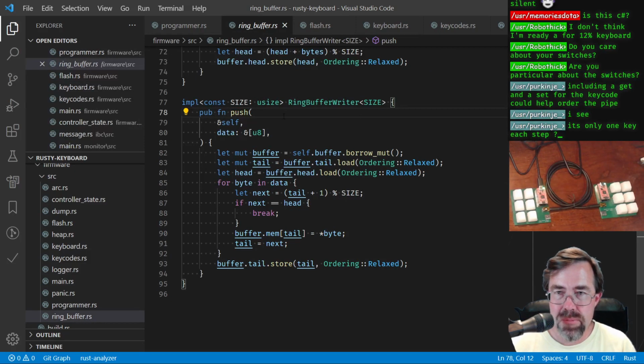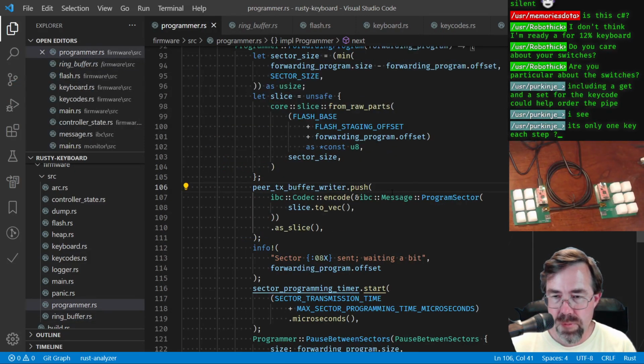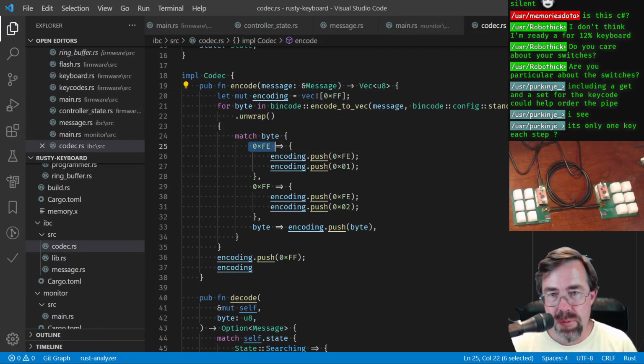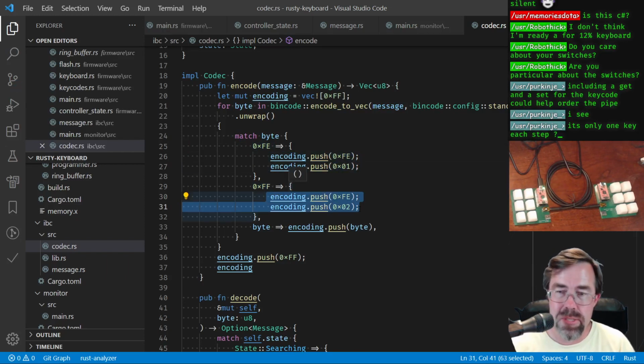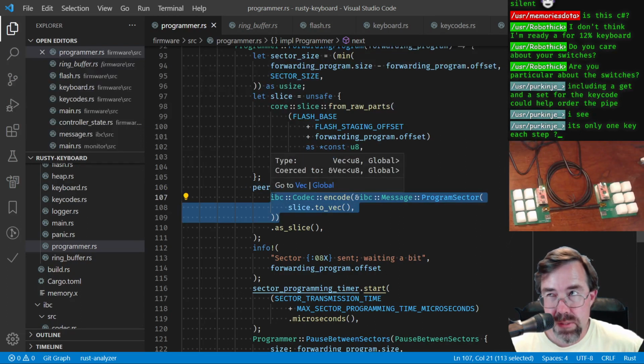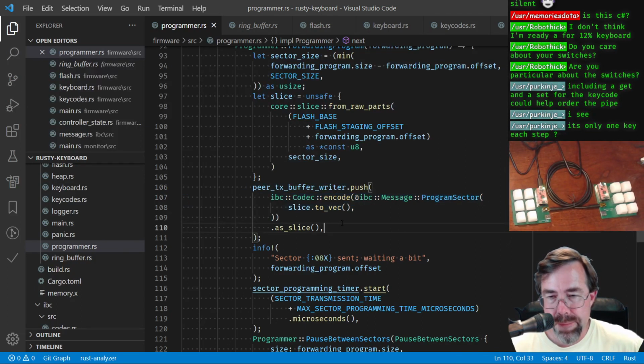Ultimately, we want a slice when we push into the ring buffer. Oh, wait, hold on. This encode actually does need to make a vector because it can change the size of the message because of how the encoding works, right? Whenever we see these 2 bytes, we actually turn 1 byte into 2 bytes. Okay, so that answers that question. We can't just take this slice as is and put it into the ring buffer. We have to run it through an encoder, which might add some bytes. Okay. Well, then we have to leave that as it is, but